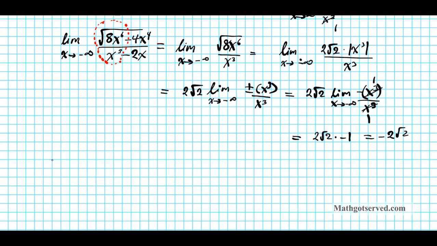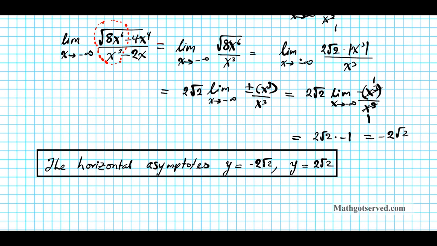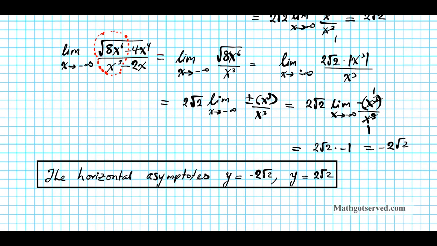It tells us we have two horizontal asymptotes. So the horizontal asymptotes are y is equal to negative 2 root 2 and y is equal to 2 root 2. All right, so there go your horizontal asymptotes. Now, next thing we're asked to find, we're supposed to find the vertical asymptotes and use limits to verify the accuracy of our results. All right, so our vertical asymptotes